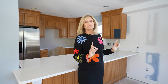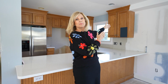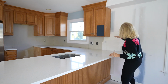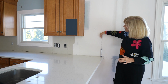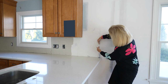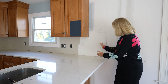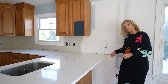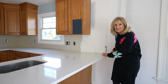One of my big pet peeves is when the kitchen cabinets end, but the countertops and the tile continue. So I ordered a new cabinet to go to here, and then the tile backsplash will go to here, and then my countertop, because that's the way it was before, would go to here. But as you can see, the countertop is 2 inches too long, and I'm losing it over this 2 inches,